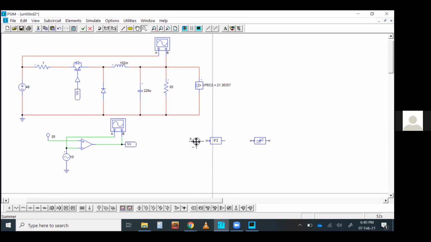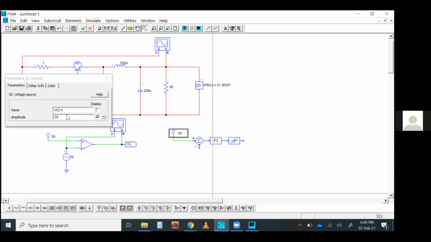So let's make it this way. How are we going to do it now? If you have a good idea about the control system, then you know what these different blocks mean. This is my reference signal I'm giving.